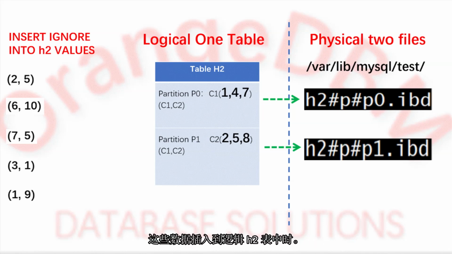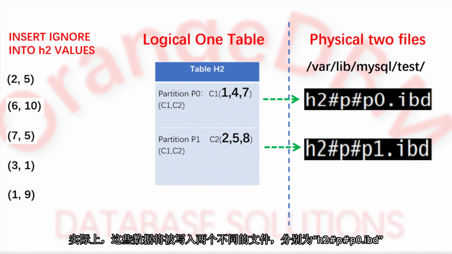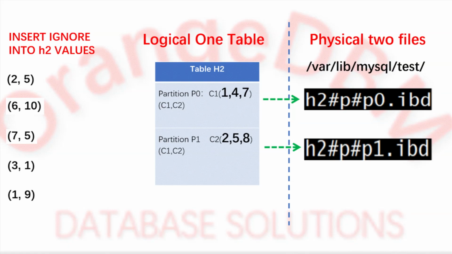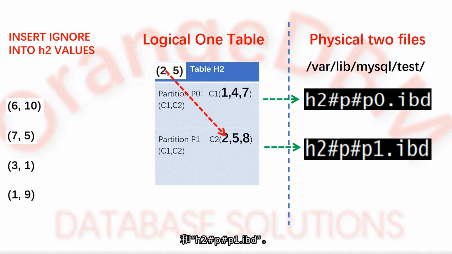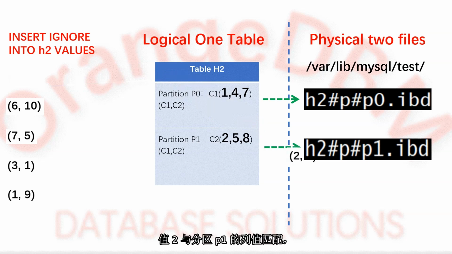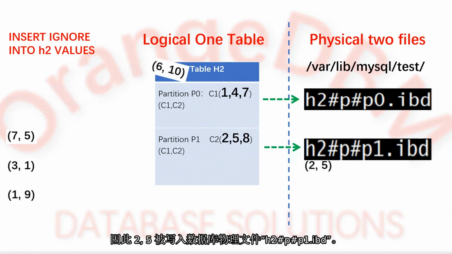This data is inserted into the logical H2 table. In reality, this data will be written to two different files named H2 #P#P0.ibd and H2 #P#P1.ibd. When 2, 5 is inserted into the H2 table, the value 2 matches the partition P1 column value, so 2, 5 is written to the database physical file, H2 #P